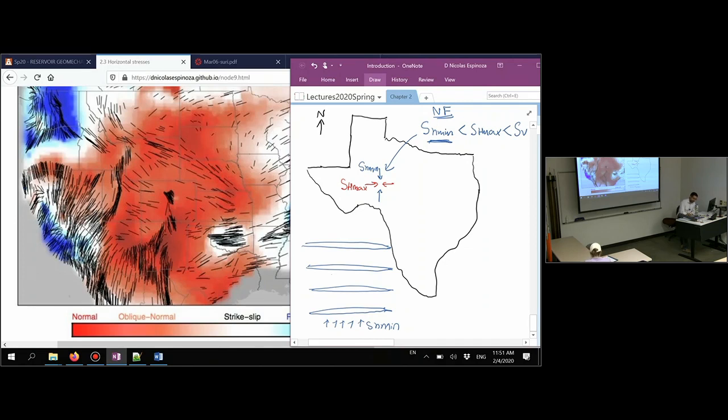That means that we will need a wellbore. Wait, this drawing in the tablet is something new to me, so just give me a little bit more of time. So this is going to be the horizontal wellbore that we will need in this particular location